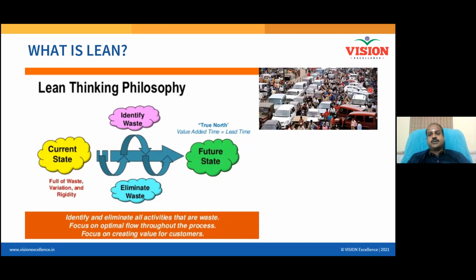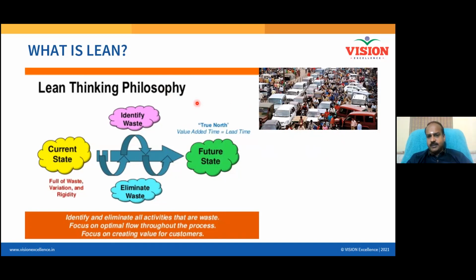And in order to better understand and see, imagine you are driving a car in a traffic environment like this. You are driving a car in a traffic environment. Tell me, will you be comfortable driving such an environment? Will you be comfortable driving a car in this kind of environment? No, sir. Definitely no. Right?